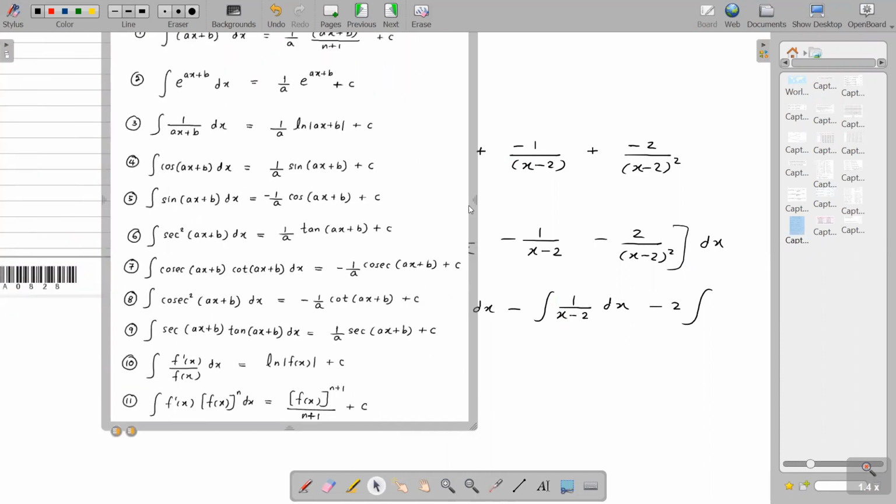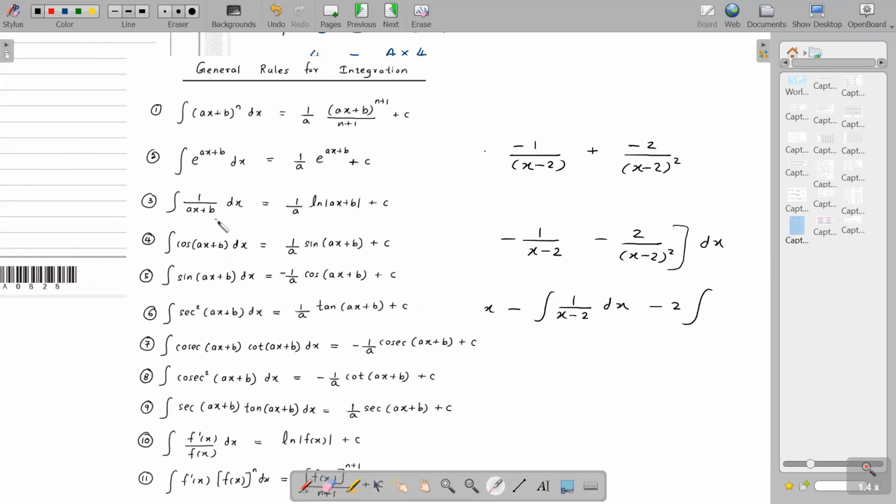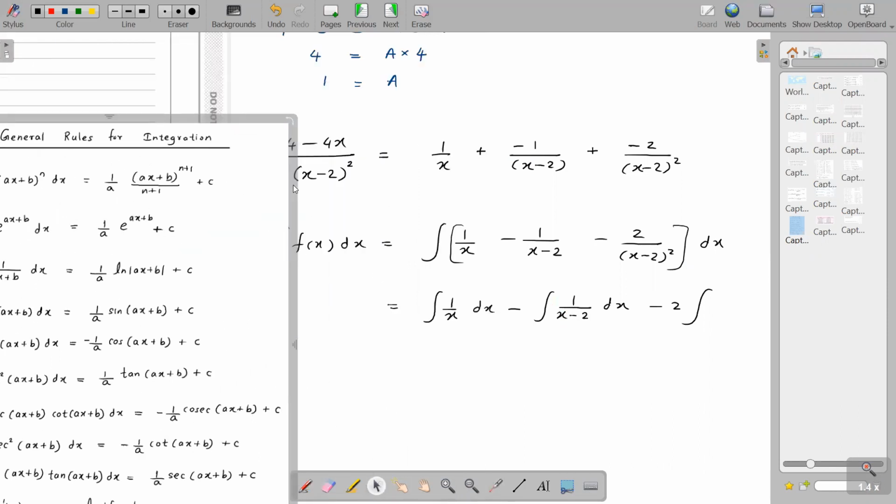Okay, so I think these are the integration rules. Can you see the 1 over x plus b rule here? The 1 over x plus b rule is exactly what we are using here to integrate. Okay. So basically, before I go into any of that,